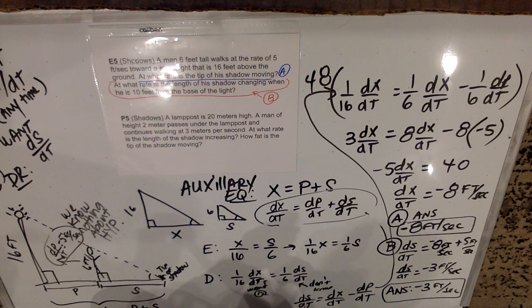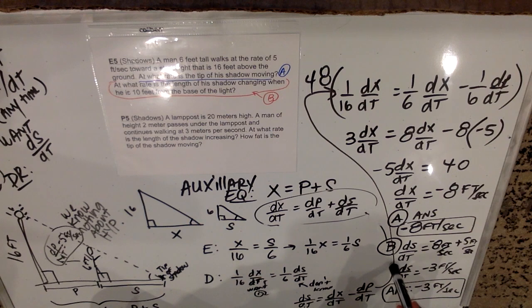All right. Let me see how I feel about that. At what rate is the length of his shadow changing? So the length of the shadow is getting shorter. Right. And the tip of the shadow, yeah, I stand by it. So the shadow itself is physically getting shorter, so that's the rate of change of the shadow. The rate at which the shadow is moving,